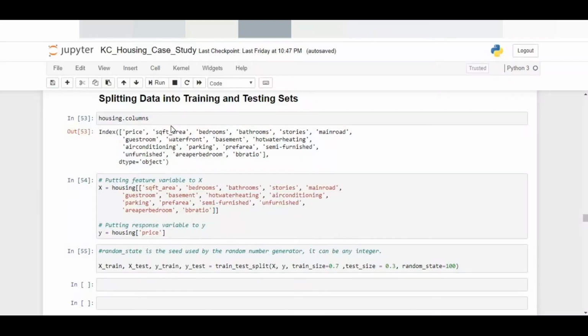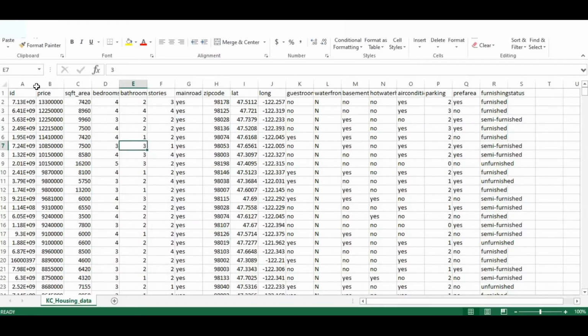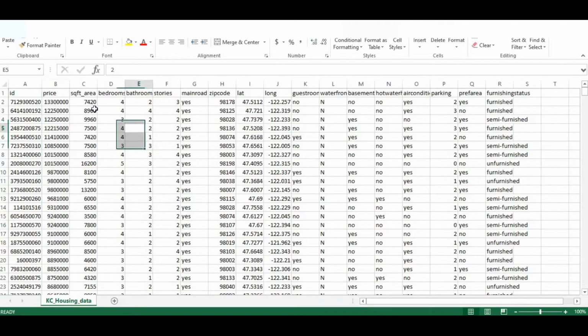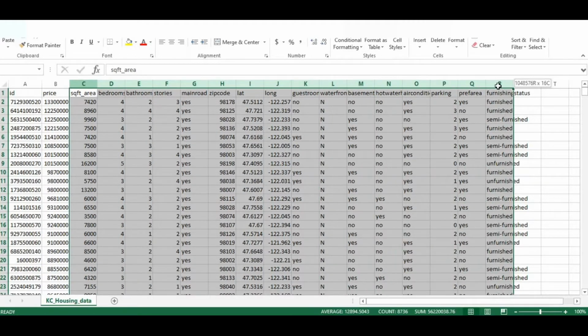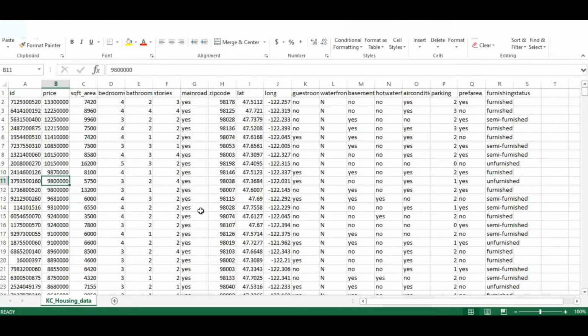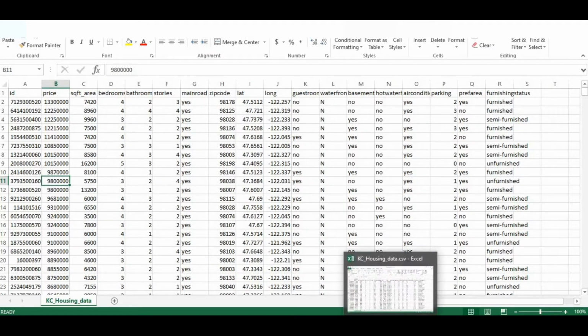Hello and welcome to the session on multiple linear regression. Here we would like to understand how to build a model for a given data set. Let me explain the problem statement once. We have a data set in which we are trying to predict the price of the house. There are different independent variables and we will take this data as our basis and try to predict the price of a house for a given data set.